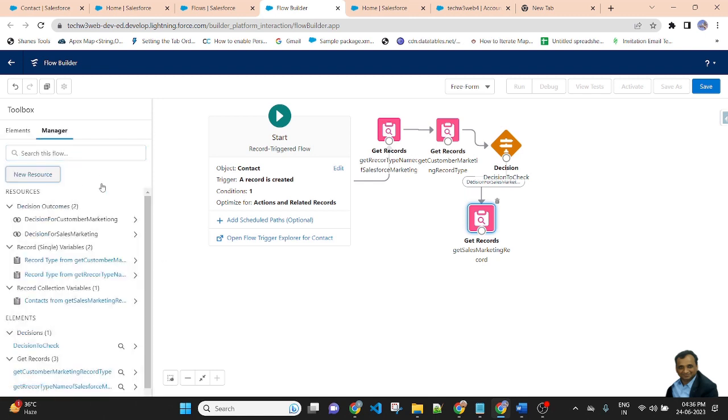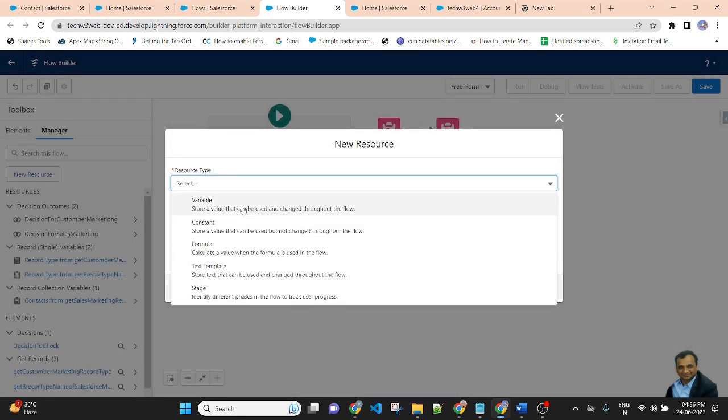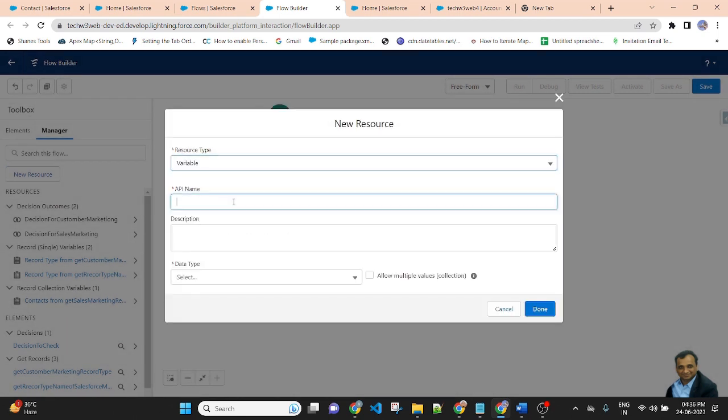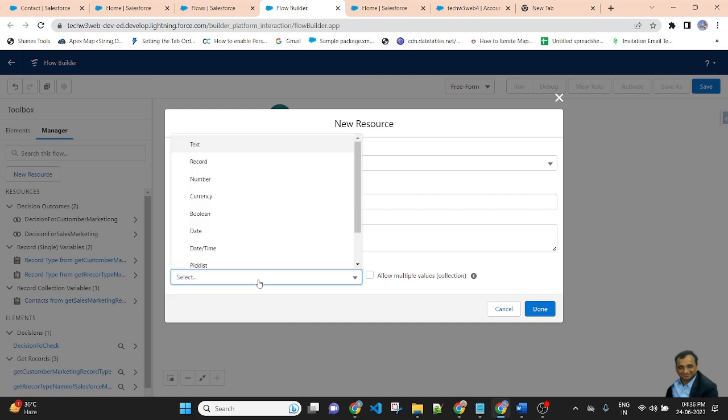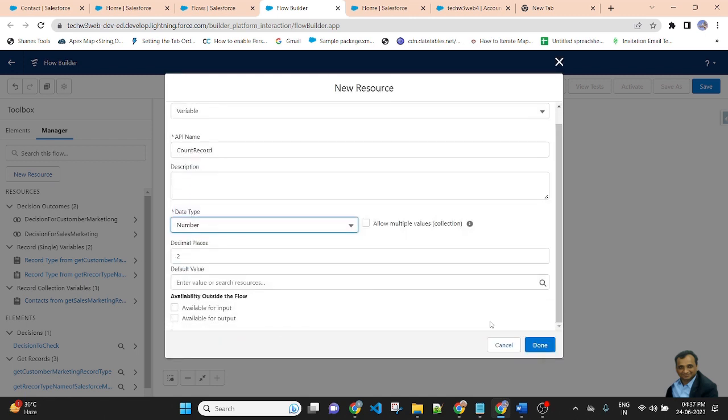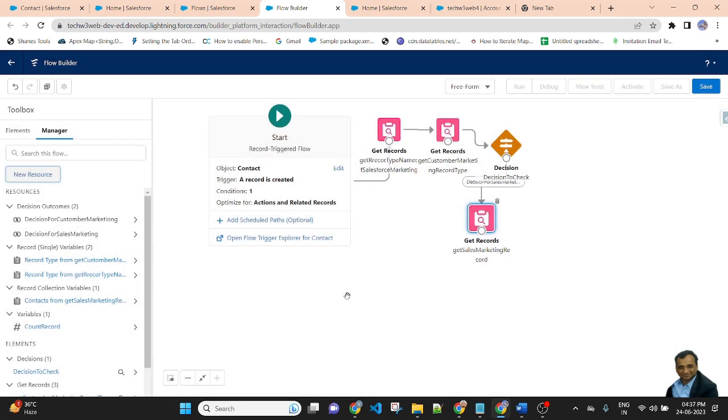So create new resource variable, API name count record, data type will be number, and done. I created a count variable.